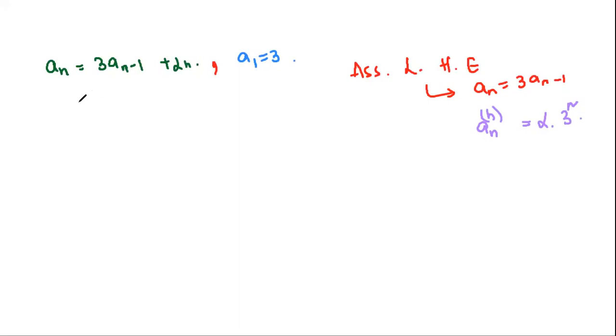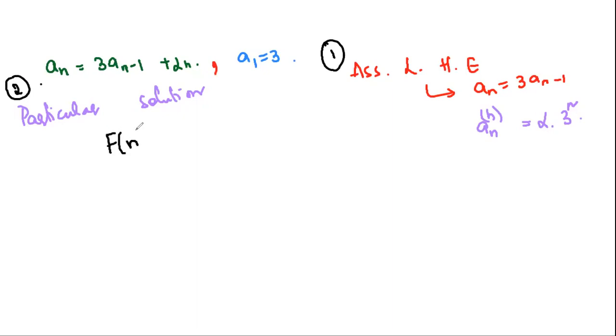Now we have to find a particular solution. I have found, so first understand this. This is the first step. I need to find the solution of the homogeneous equation, so that will be simply multiplying with 3 power n, and we have to take a constant alpha. Now this is your second part. We have to find a particular solution.